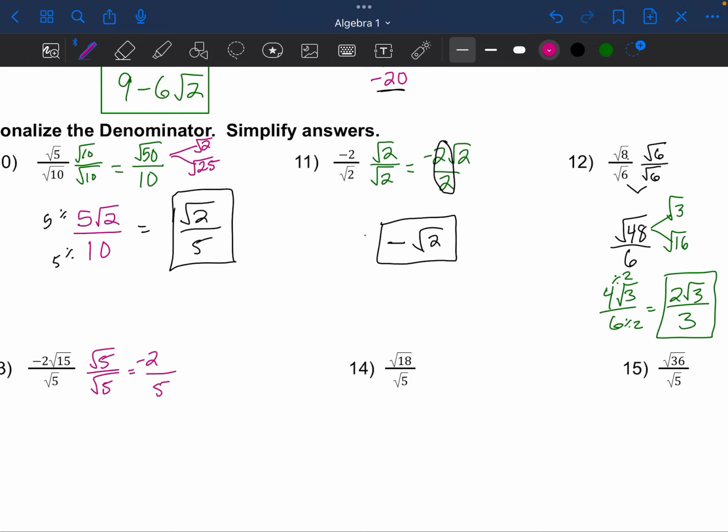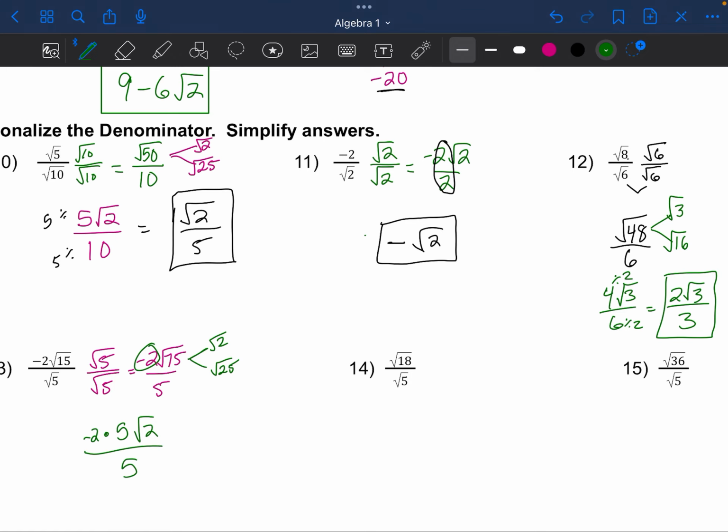So we got square root of 75 because the 15 and the 5 can hang out and multiply them together. Break up 75. Always think about quarters. 25 and 3. Square root of 25 is 5. Square root of 3 is left over. Don't forget about this 2 that was in front. We have to multiply it